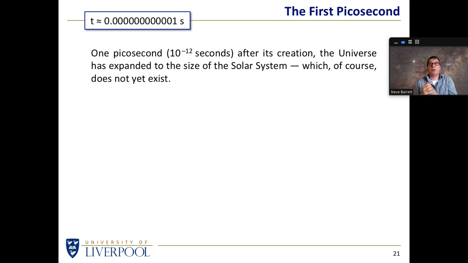And you may also notice that this is a tiny length of time for the object to expand from the size of a golf ball to the size of a solar system. So you might already deduce that the universe is expanding much, much, much, much faster than the speed of light. It's allowed to do that. The universe can expand at any speed it wants to.